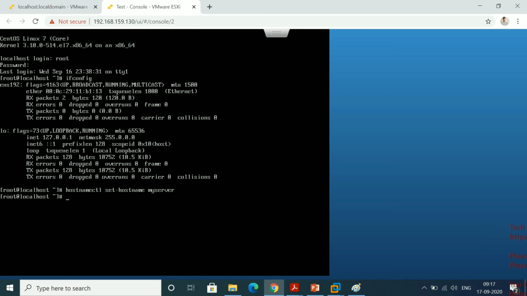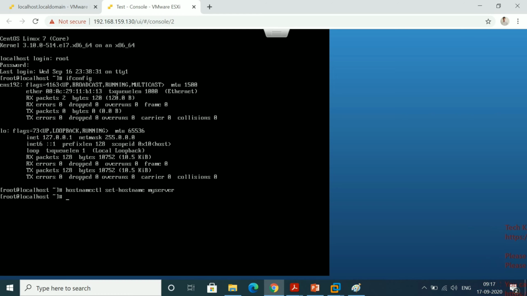Okay, now we have to assign the static IP. To assign the static IP there is one Ethernet file that you have to modify.